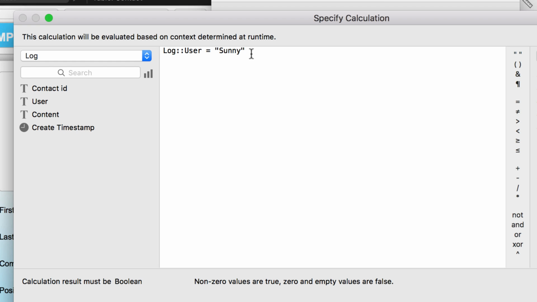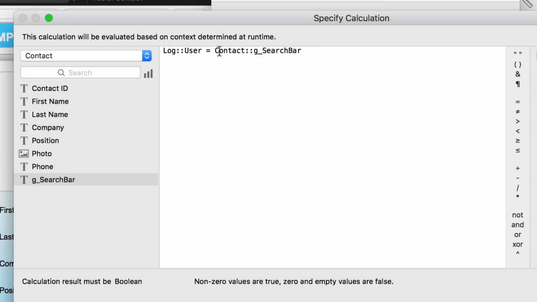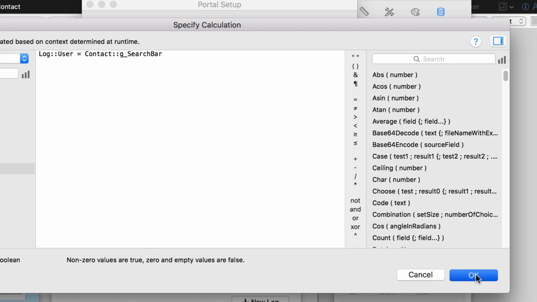Now let's do a quick test on how we can do this. So this time I want it so that when I type in the word Sunny in the top global field that I just created, it will automatically find all the records with that global field. I'm just going to switch this to contact in the search bar. So this means that whenever the username in the portal record is the same as what I type in the search bar, then that portal row will be showing. So I'm going to click OK,